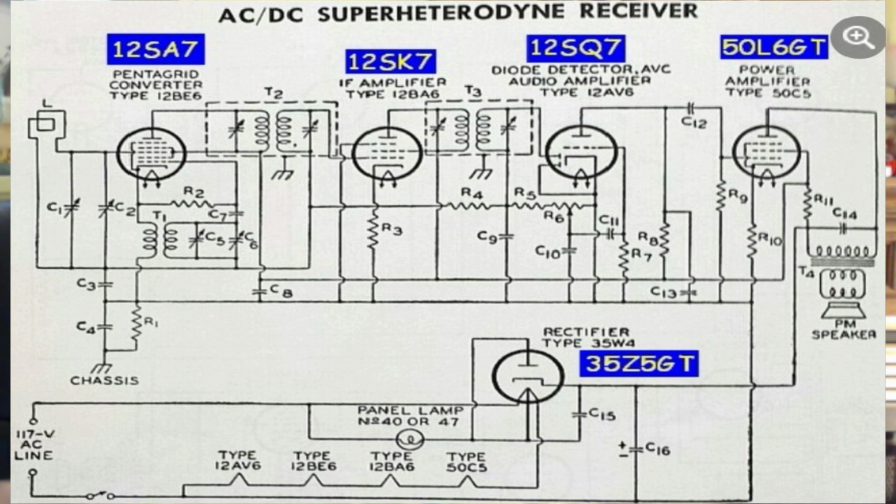And these had to track over the broadcast band. When you were at 600 kilohertz, the oscillator would have to be at 1065. When you were at 1000, it had to be 1465, and so on. It had to stay exactly 465 kilohertz off. Now, I take that back because there were ones that the IF ran at 455,